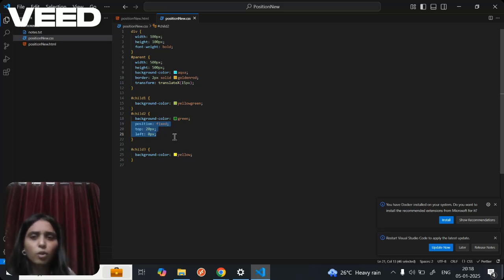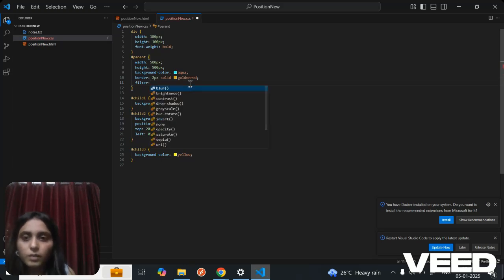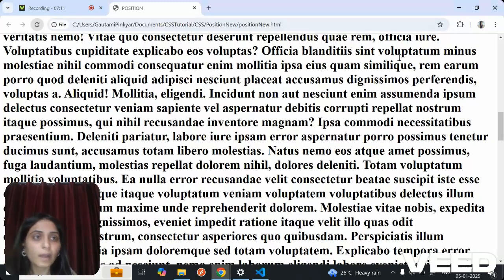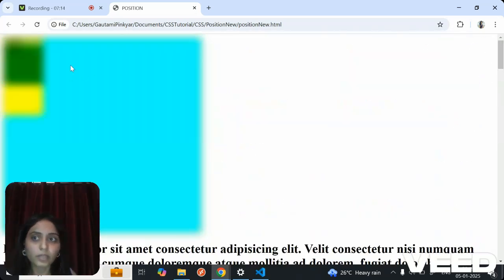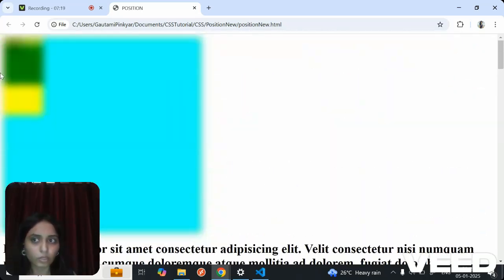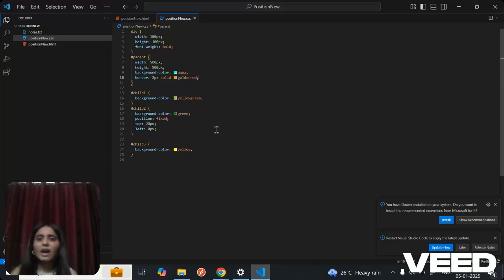You give top, you give left, you give right, you give bottom, it will not work. Why? Because its parent has a transform property, or a perspective, or, for example, a filter. So let's say we have filter, and let me check the property of filter. If we have blur, for example 10 pixels, I'm blurring it. So I have blurred this parent. Can you see this parent is blurred? But can you see the fixed property is not getting applied to the green box? There is no fixed property getting applied. So this is a small observation. This is all we have about fixed.